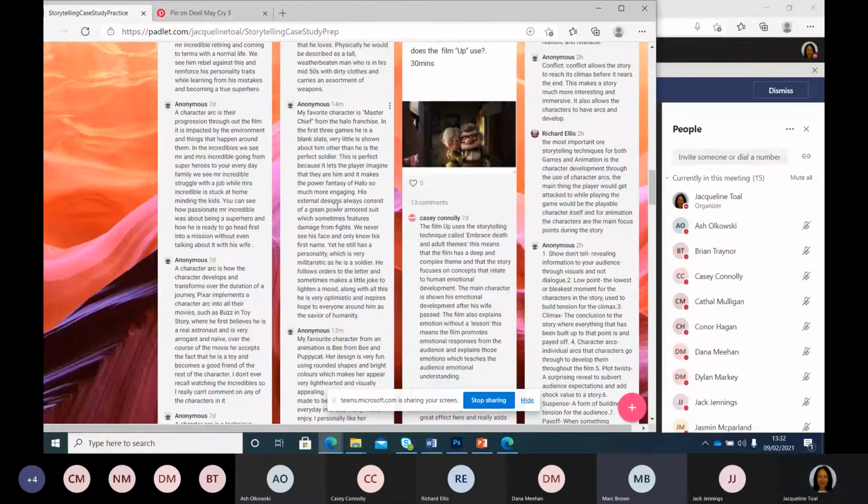So I picked Master Chief as my favorite character because while he does have a personality of being somewhat serious at times, as he is a soldier since being a child, essentially, he inspires hope in people who see him. He's essentially the symbol for humanity. He's their savior and whatnot.